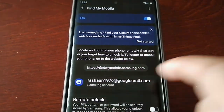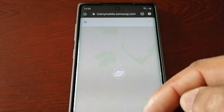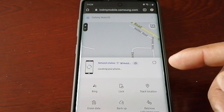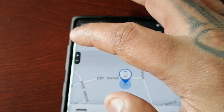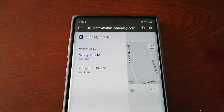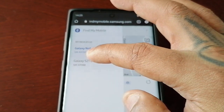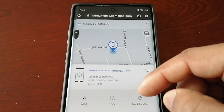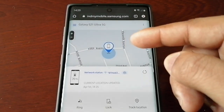and then you will see this link here, findmobile.samsung.com, and you may need to sign back into your Samsung account again. So just enter your email address and password again if you're required to, and then select this little tab up here, and you will see all your Samsung devices that are linked to your Samsung account. So select your Ultra,